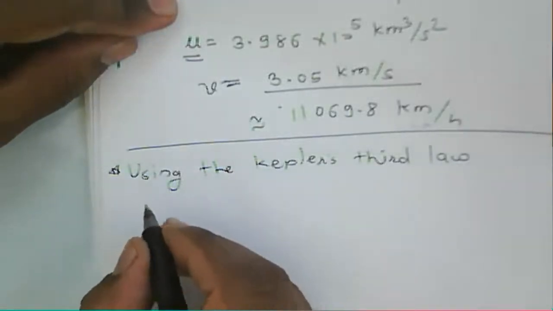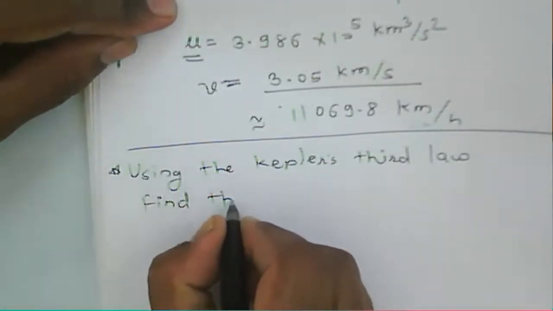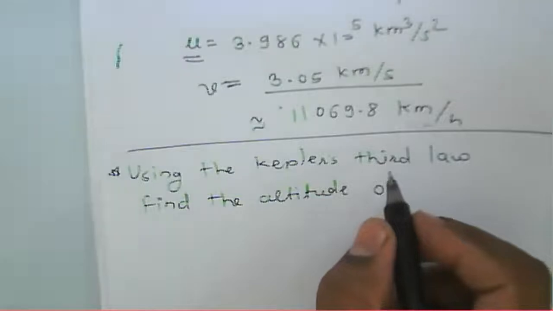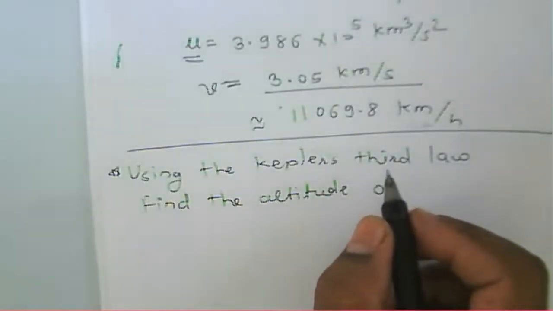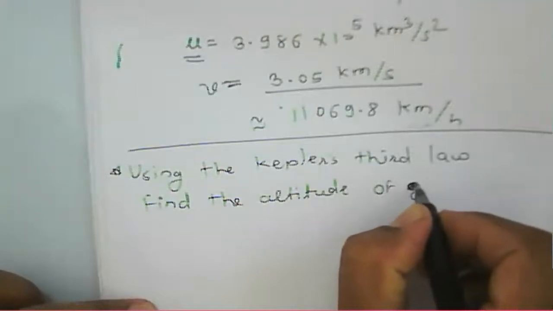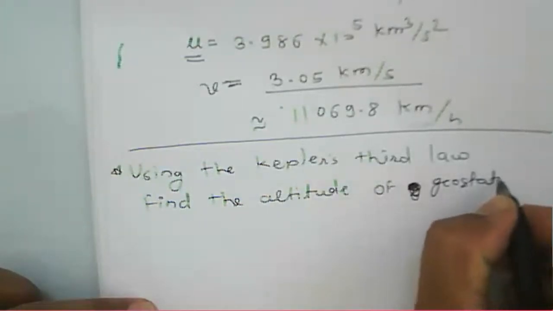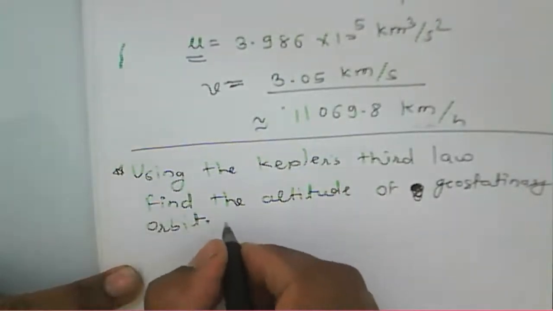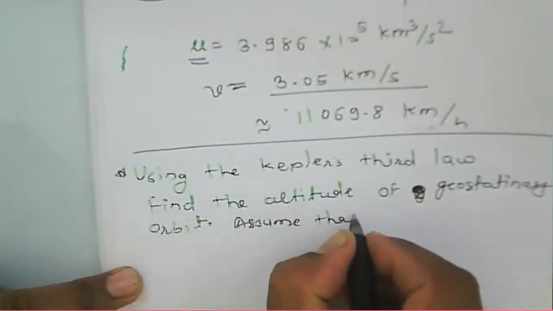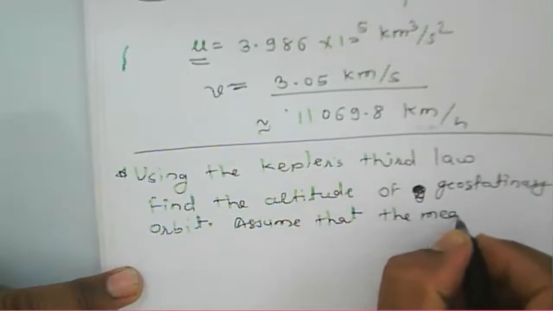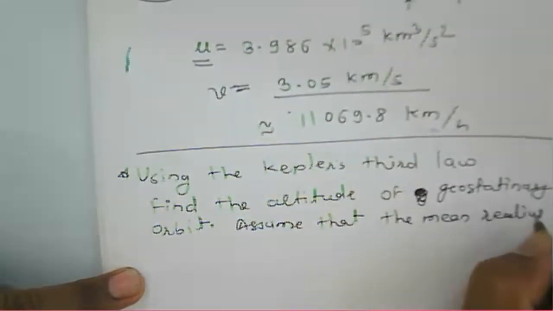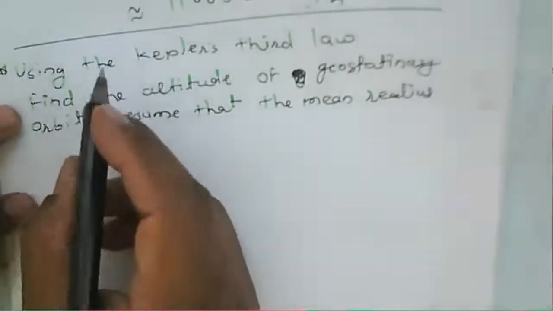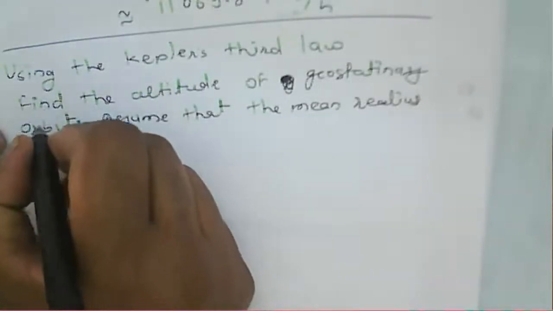Using Kepler's third law, find the altitude of a geostationary orbit. Assume that the mean radius of Earth